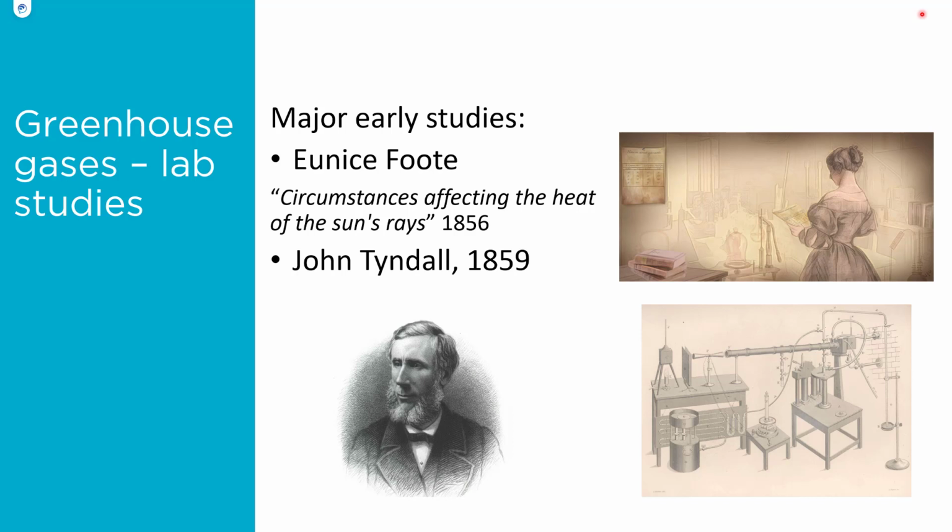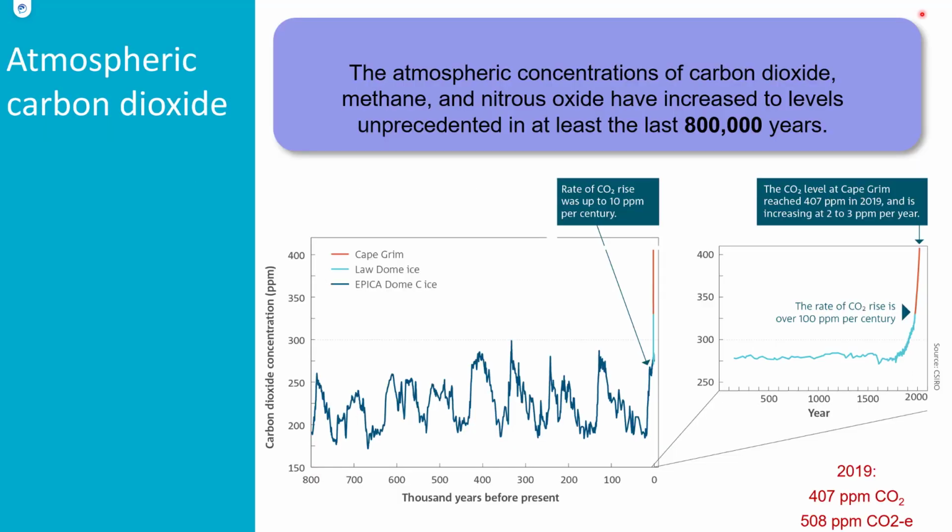And she concluded that if we enriched the Earth's atmosphere with carbon dioxide, that the climate of the planet would increase in temperature. And others then picked up on that work. John Tyndall very famously extended that work, and then others since then have continued to explore the detail around that theory. So if we understand that the composition of something like carbon dioxide can make a difference to the climate of the planet, it's informative to then look at what's been going on with a gas like carbon dioxide in the atmosphere over a long period of time.